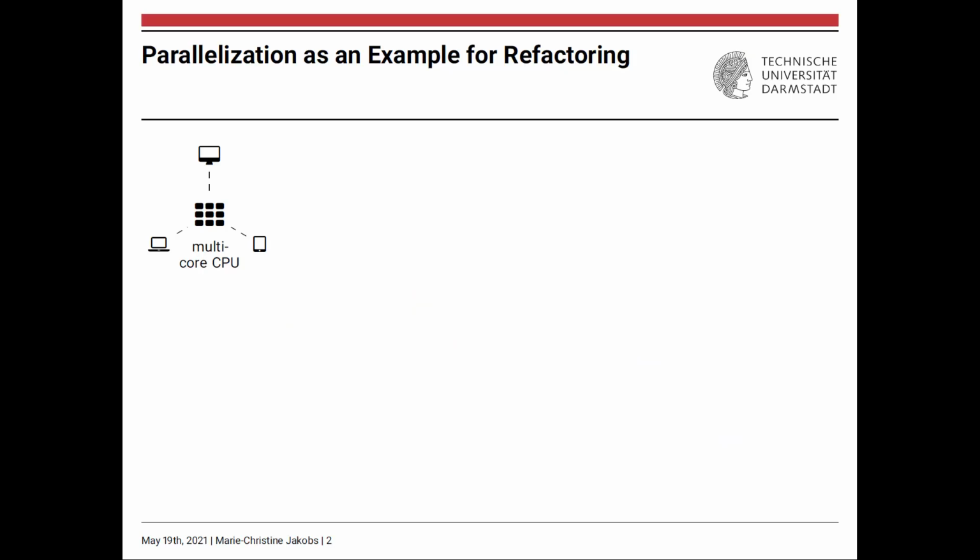Let us start with the motivation for functional equivalence checking. We look at one particular scenario for program refactoring, namely program parallelization, which is the motivation for our work. Today's devices contain multi-core CPUs, and to efficiently use multi-core CPUs, we require parallel programs that can be run in parallel on them, so a program can use the different CPUs together.